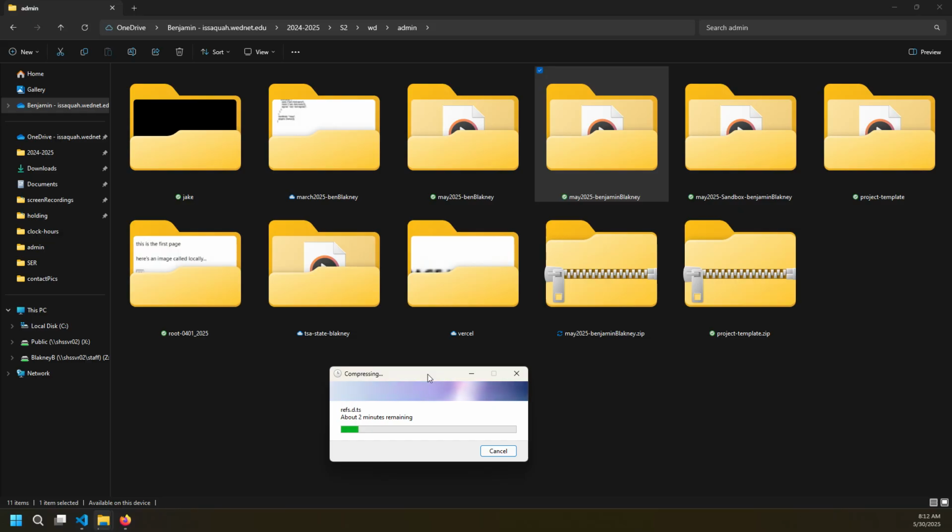Apparently this has about 2 minutes. So it's compressed, right? Compressed to a zip file. And then it should just put it right in the same spot. So the annoying part, if you think